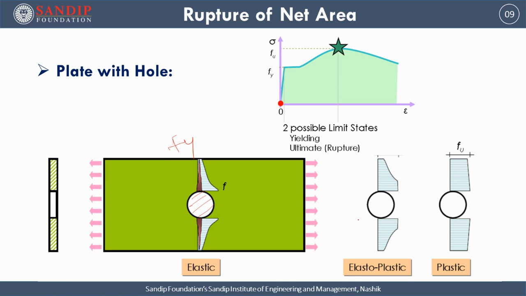When you increase loading further, it enters into the elastoplastic region. Elastoplastic region means what? If I draw the bending stress diagram, the extreme fiber stresses have reached the value of Fy, and slowly the inner fibers are subjected to the same Fy stress. So not the entire region is subjected to yield stress, but initially the extreme fiber is at Fy, and slowly, steadily, the stress starts percolating towards the neutral axis. The inner fibers are stressed to yield stress value.